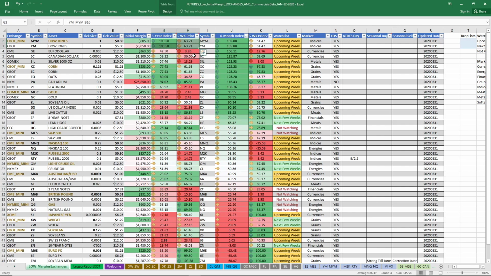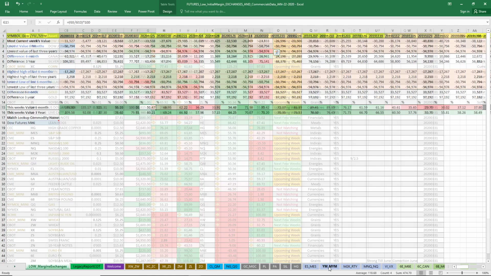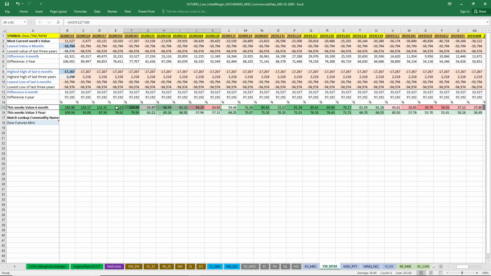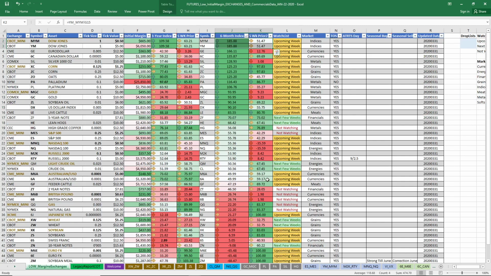What this does is just helps us to look and see where the sentiment has shifted from the perspective of commercial interest, to see if we can drill down, take a look at the shifting commercial interest to see if we want to align ourselves with them, with big money. All right, so the data is in the raw. Anything over 80% is considered an extremely positive outlook. Anything below 20% is considered bearish territory or a negative outlook.